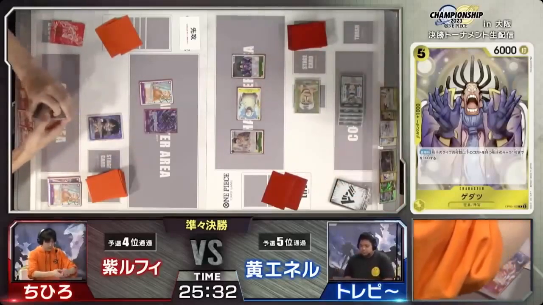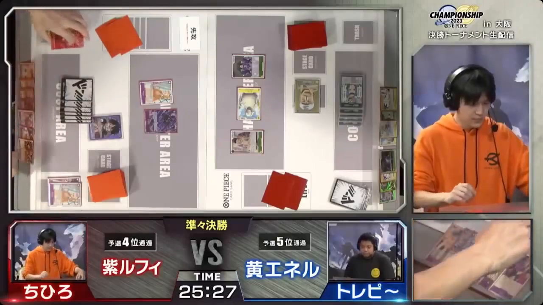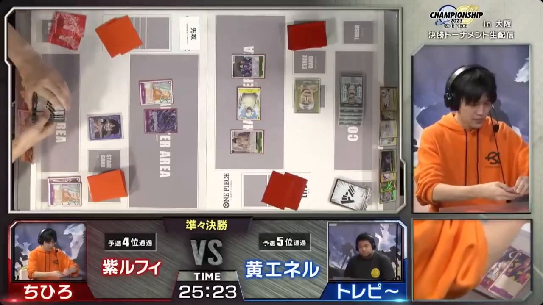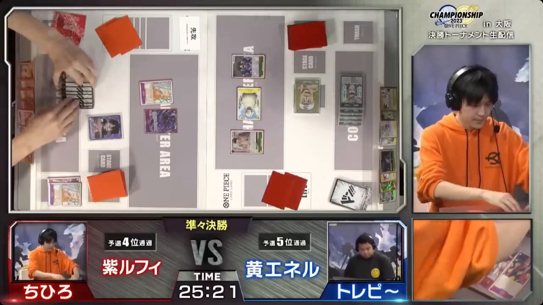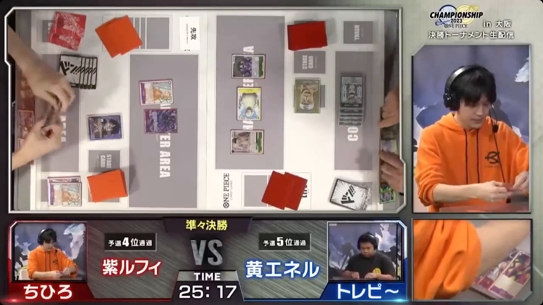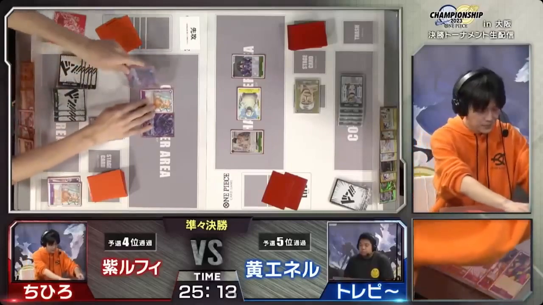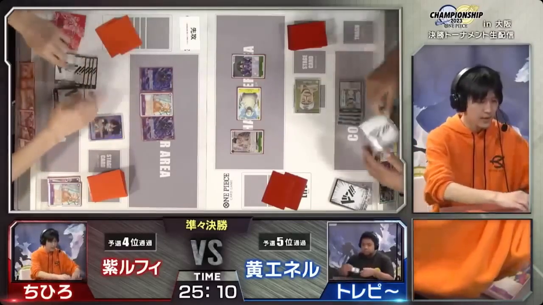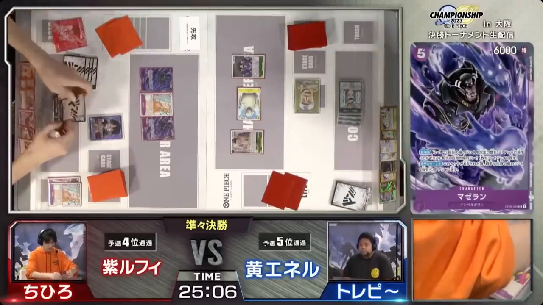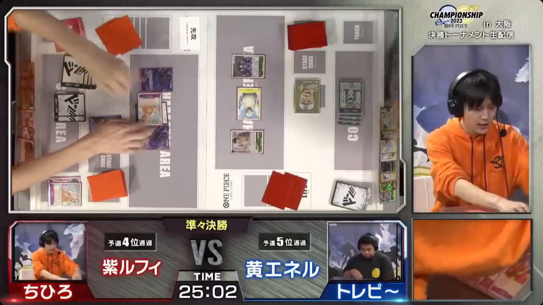because by this point in time, when Enel is at 5 Don and is able to play Gadatsu on curve, Luffy will already have ramped twice. So he would be at 3 life or below, which makes Gadatsu's effect essentially useless. Gadatsu can only pop characters that have the cost of your life and less, and Luffy is constantly at low life. And yeah, so just like we talked about, a second Magellan came out, and this is when it's rough,